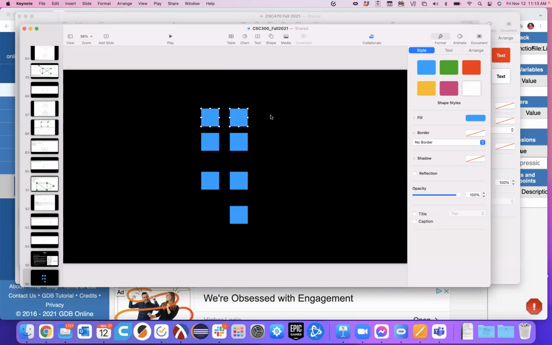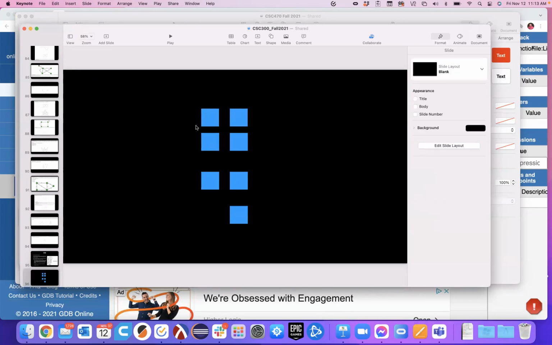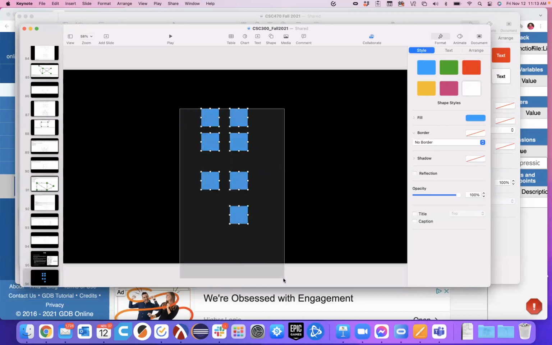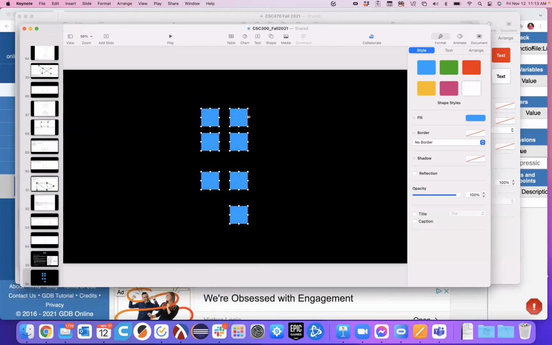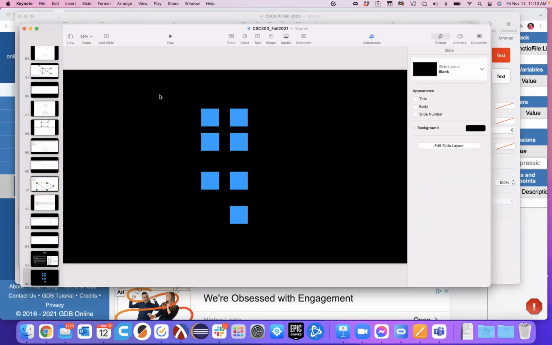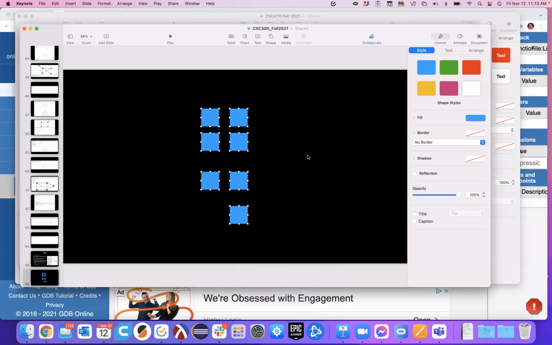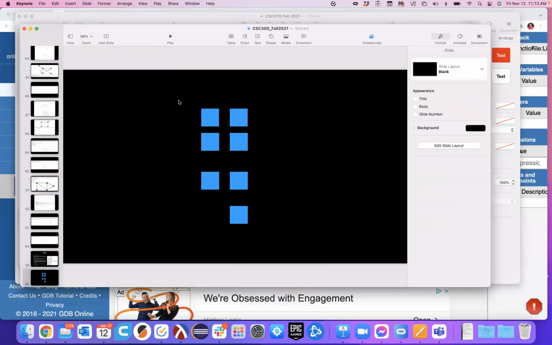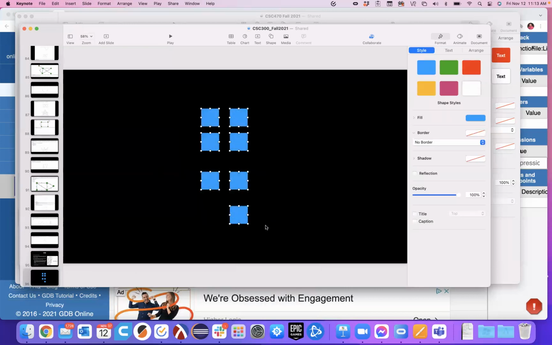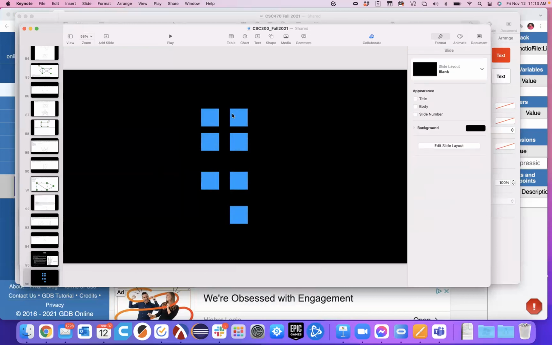Oh, I can't do that to all of them at once. That's a shame. I should be able to resize them at once. Doesn't matter. All right, so this is effectively what our map will look like,